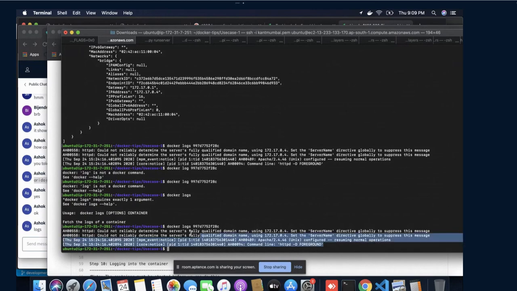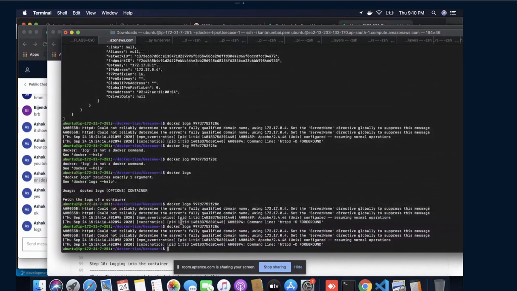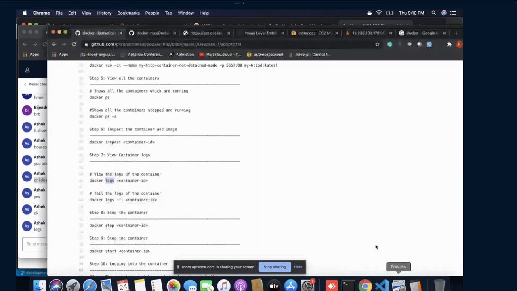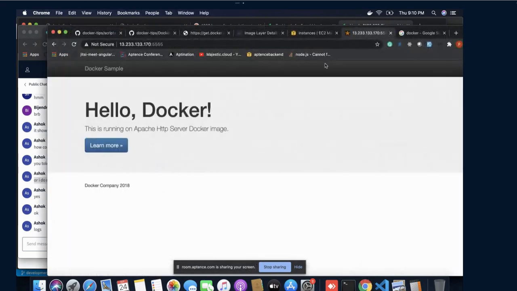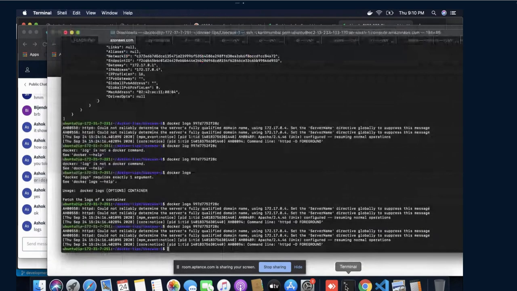Okay, so this is the message that we are getting from our logs. Perfect. Now if I refresh this, I should get this kind of logs as well.